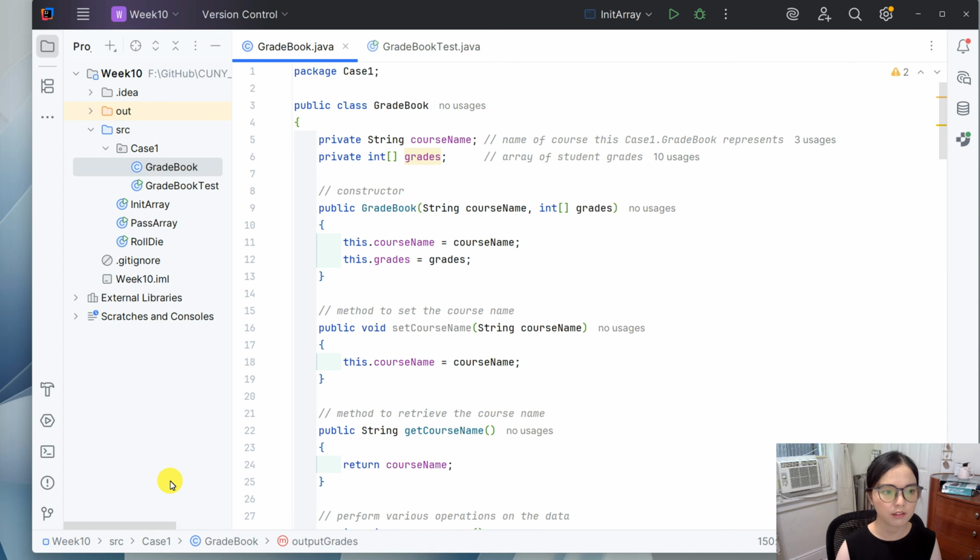I'm going to present a Java case study called the GradeBook. This program demonstrates how an array can be used to store and analyze a group of students' grades. The main purpose of this case study is to help students understand several important Java concepts, including classes, objects, arrays, methods, etc. Let's take a close look at those